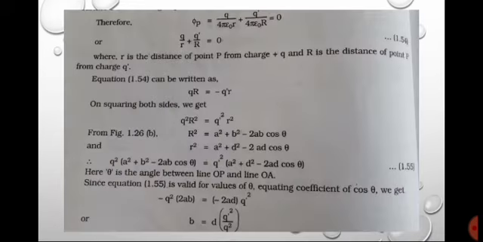The remaining terms of this equation may be expressed as Q square into A square plus B square is equal to Q dash square into A square plus D square. Using this equation, what we have, Q square into A square plus alpha square D square is equal to alpha Q square into A square plus D square. So these two equations are used here, and we get this new equation.